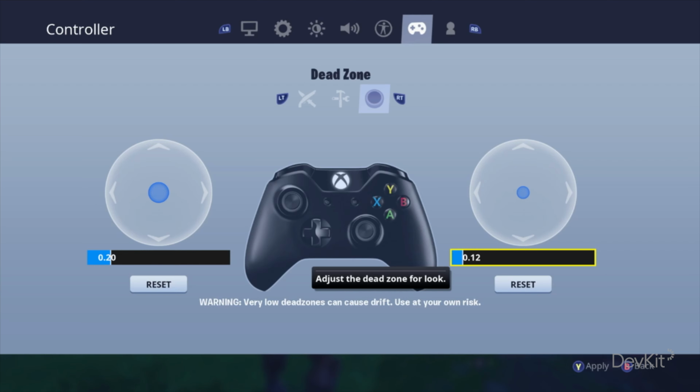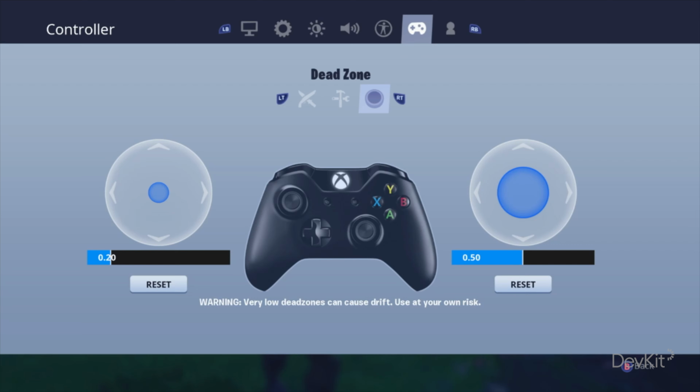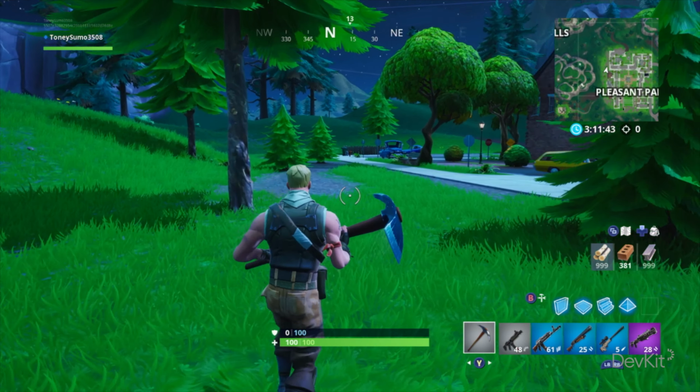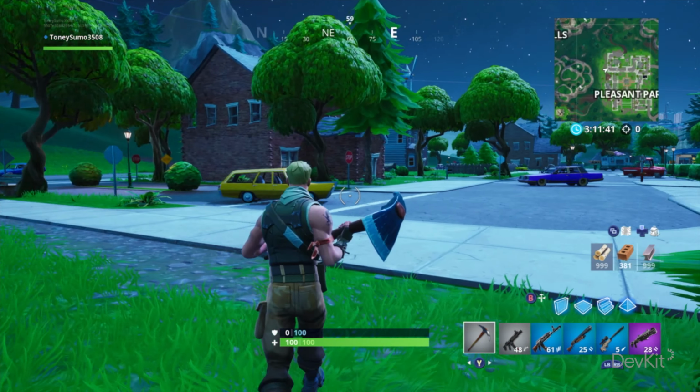Fortnite allows you to adjust the dead zone of each stick when using a gamepad, as shown by the blue area. If the dead zone is adjusted to 0.5 on the right stick, this means that when the stick is in the area between centre and halfway along an axis, it will have no effect, and the action of moving the camera will not activate. Outside this area, the action will activate as normal.